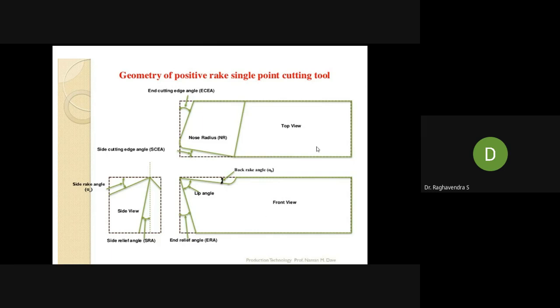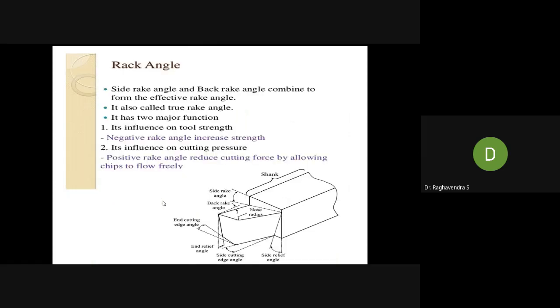So you'll have three views: top view, front view, and side view. In the side view, you can see something like a peak here. It is very easy to remember. So remember this diagram. Okay. So this is an orthogonal view. Okay.